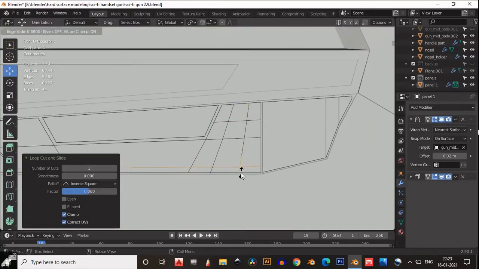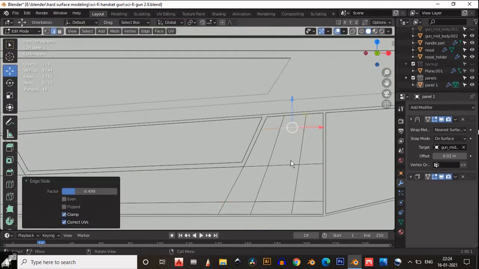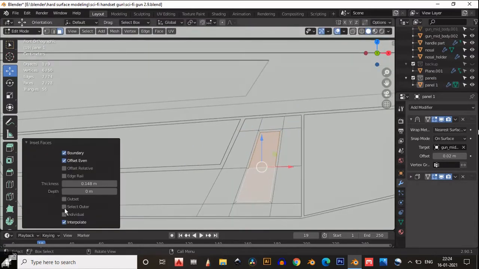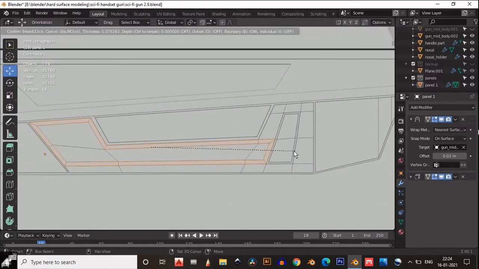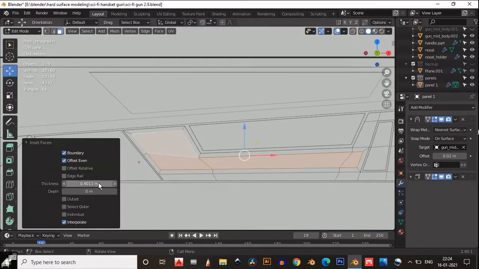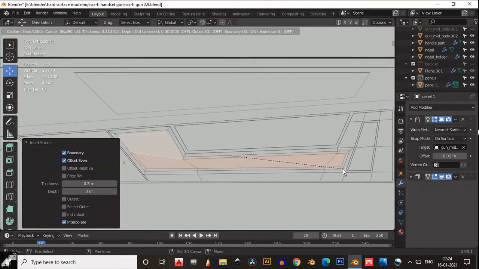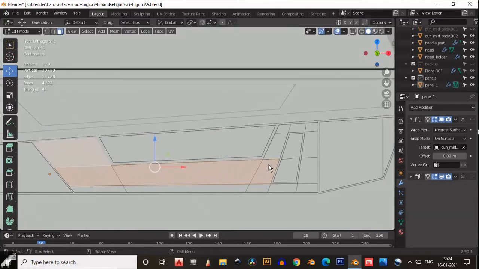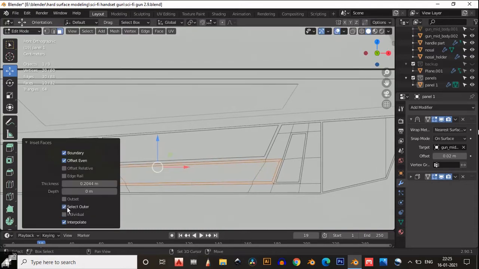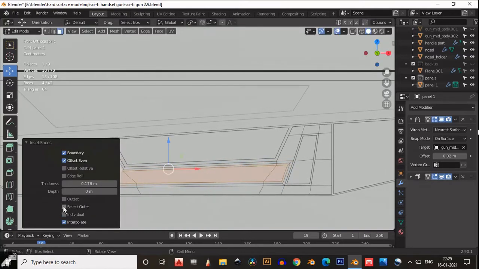So if you are going to make this model for a game, then you don't need to use such kind of more panels. Panels will increase your poly count. You can bake these panels. This is one option to keep the panel design and reduce the poly count.